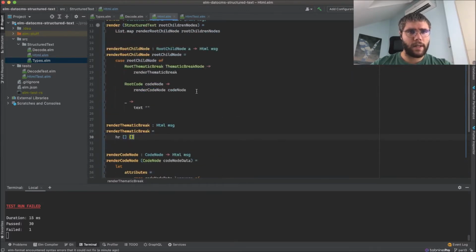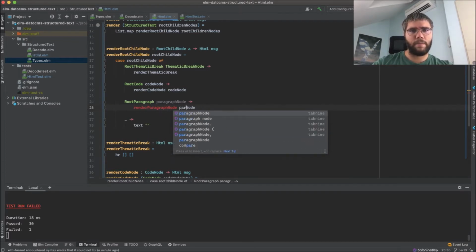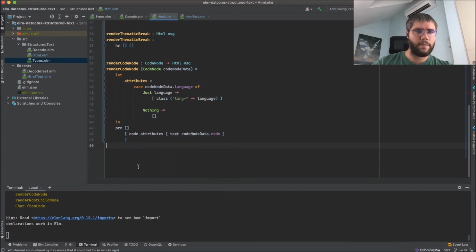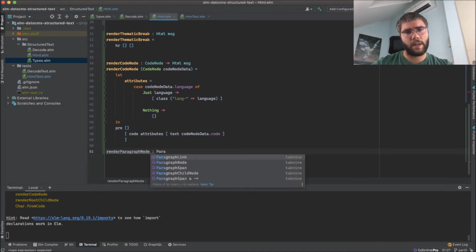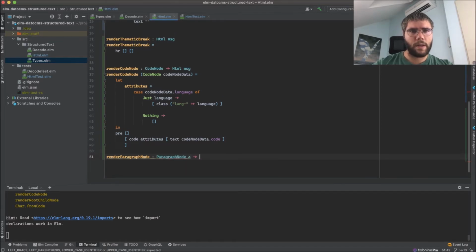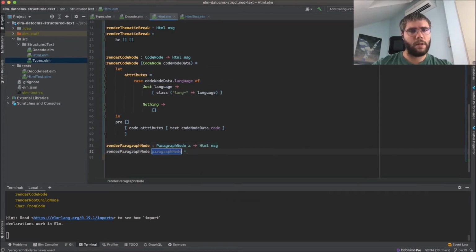Okay, so let's add a new case, which is render paragraph, root paragraph, sorry, paragraph node, render paragraph node, paragraph. No, perfect. Let's do that. And HTML message. Okay, let's create that. So a P